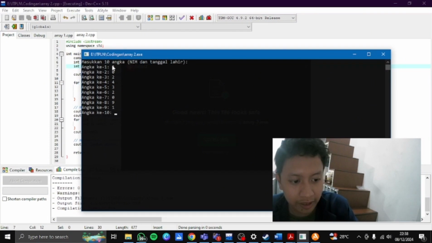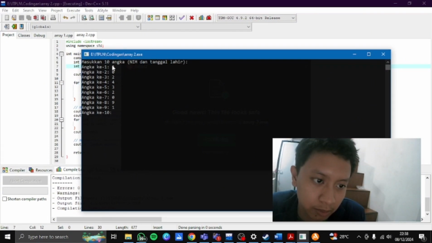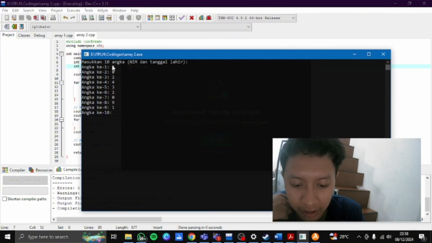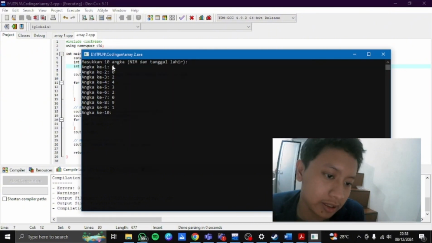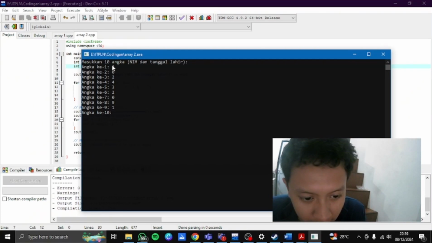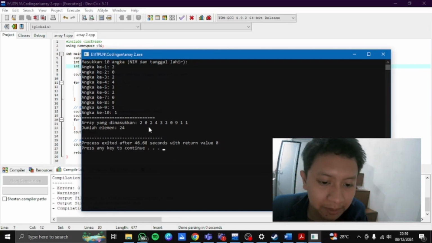It's literally the same code as the first one, but it needs the last number of my birth date because it requires 10 numbers, and it will show the sum of the elements, and voila, 24.